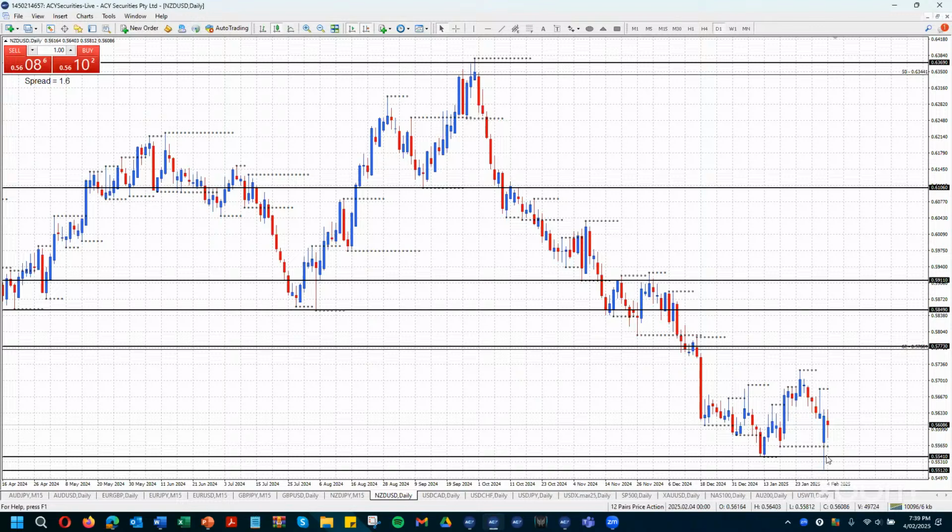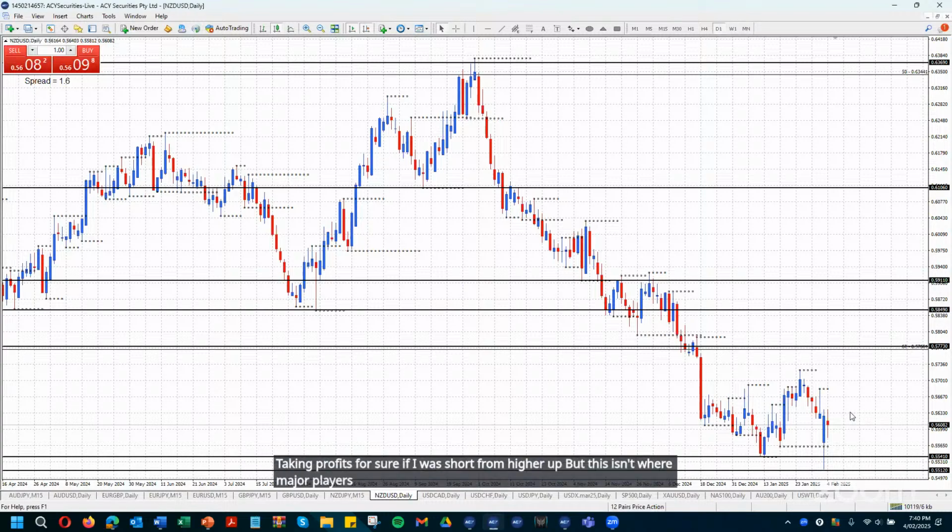This isn't where I want to be selling. Taking profits for sure if I was short from higher up. But this isn't where major players are going to be looking to sell, because you're at a major support area. They're going to be looking to buy. So a massive rejection yesterday. And I would be looking